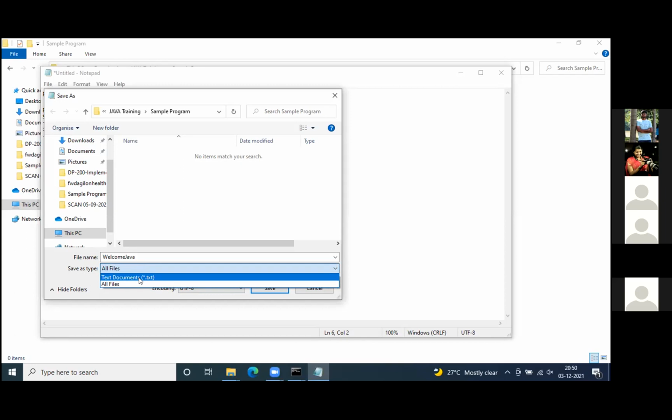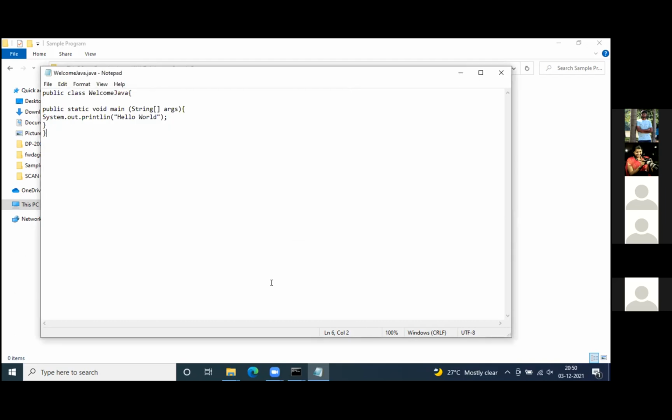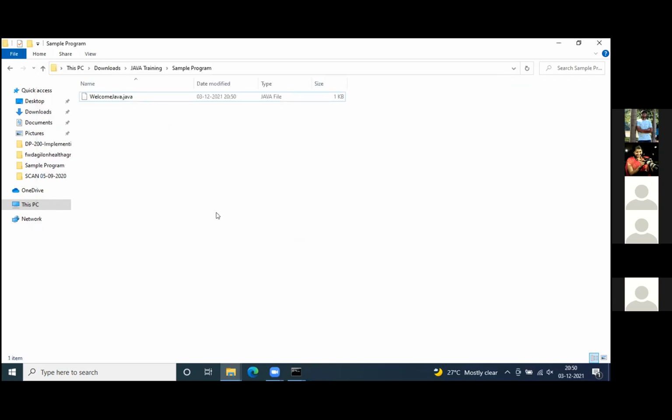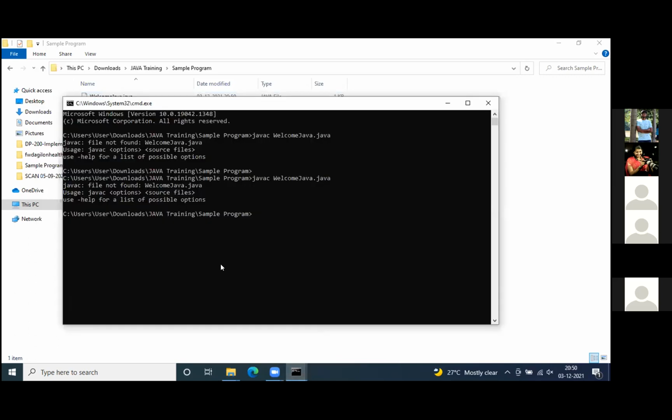Can you see, I'm not able to get the option as .java. No, you don't need to go there. You can just directly save it as Welcome.java. Don't give the save as type; in the save as type, just go with all files. Okay, now save. And can you go to your path and see? Now you see the type as Java file, right? Yeah, but when I try to execute right now, I'll just try. Can you try now?